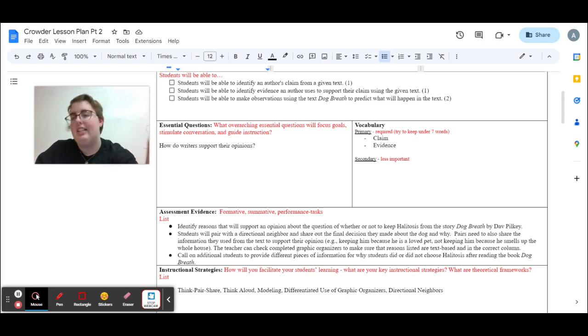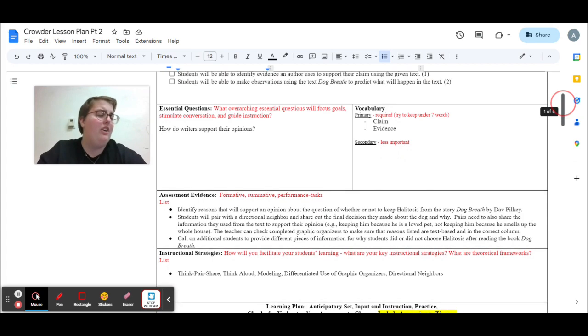I don't have any secondary vocabulary because I want them to really focus on making claims and finding evidence to support their claims. The goal, the dream, is for every student to walk outside of this lesson being able to say, a claim is when somebody makes a statement about their opinion. Evidence is materials used to support a person's opinion or claim. That is the dream. And then we'll talk about